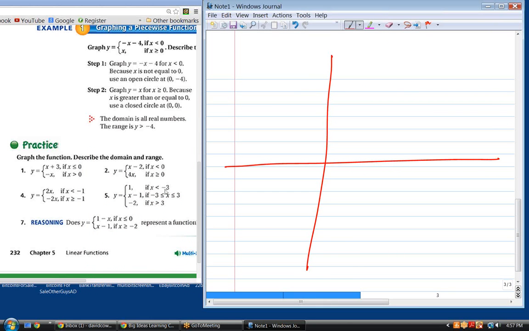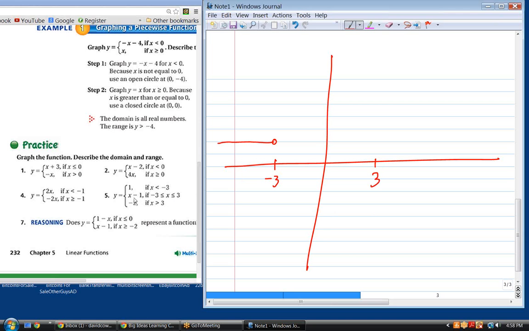Okay, starting from the left, when x is less than minus 3, y is 1. Are you with me? Yeah. When x is greater than or equal to minus 3 or less than or equal to positive 3,